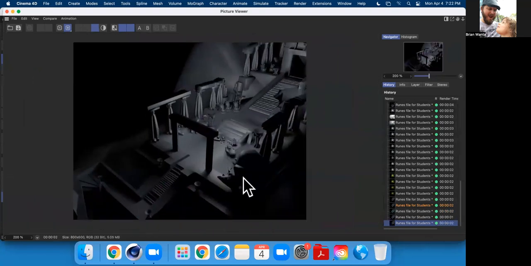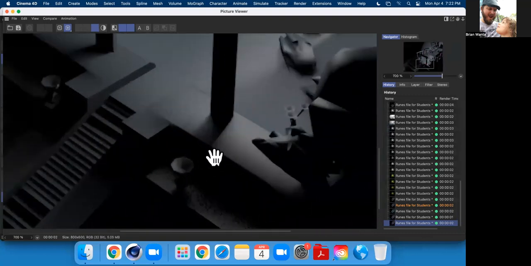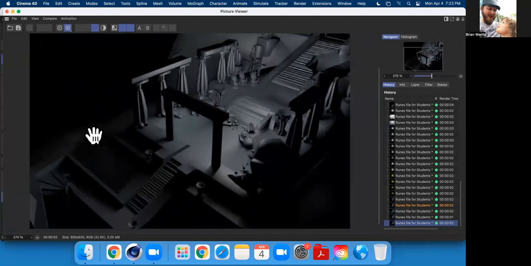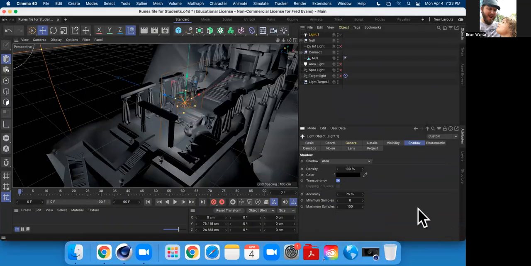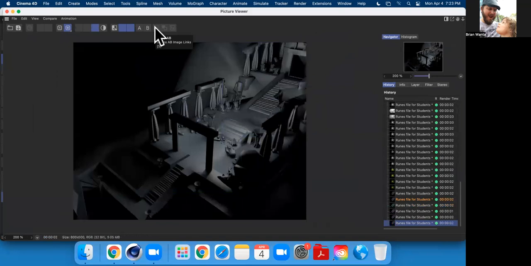And some things that I see here with this area is you can see that you have a lot of little particles inside here. Now, some of this can depend on the render size that you're doing. So if you have a low render size, it's going to have some sort of artifacting inside there. But you can also increase our accuracy. So if that was set to 75%, if I go to 100% and I hit render,